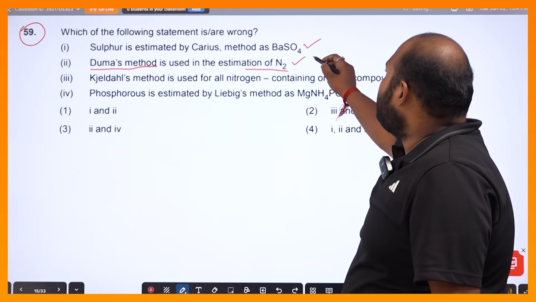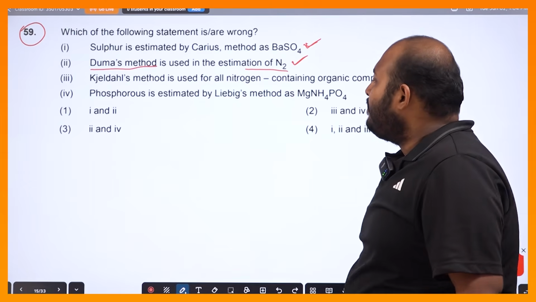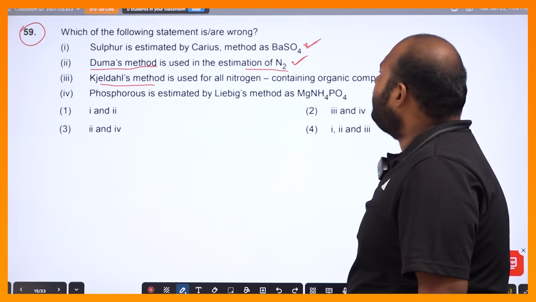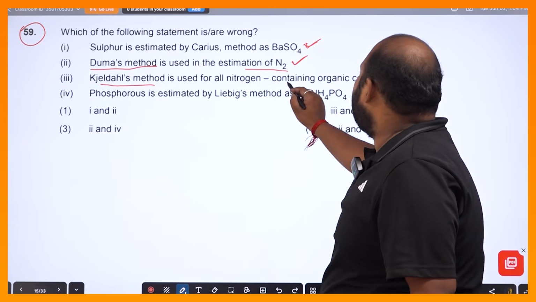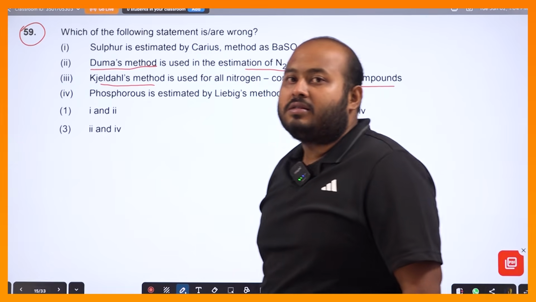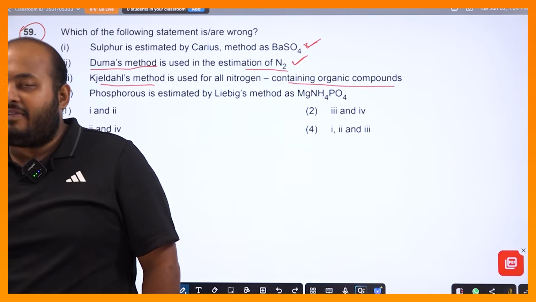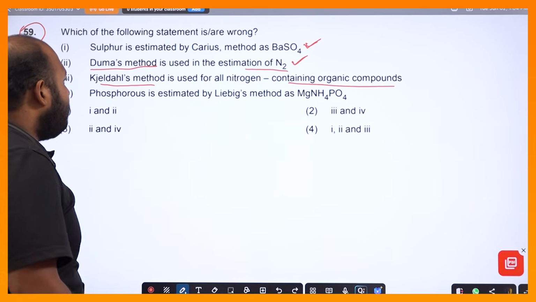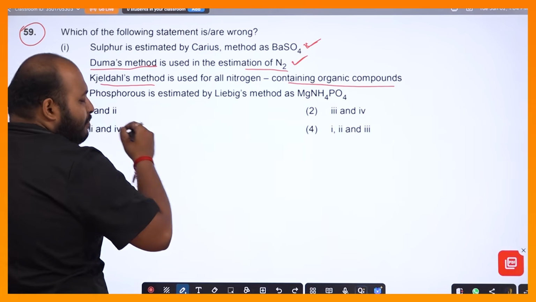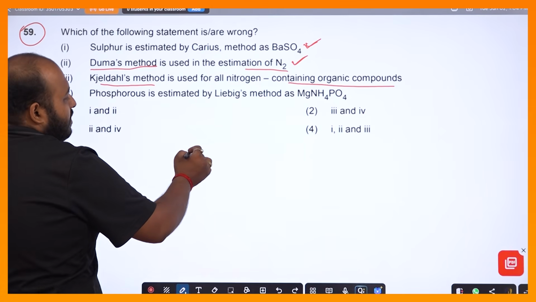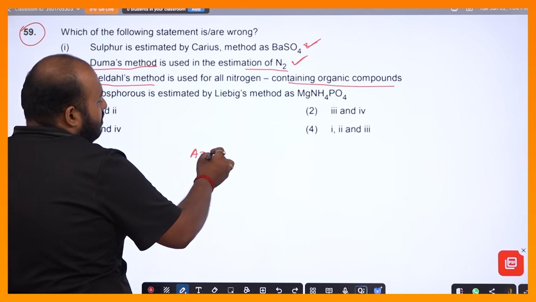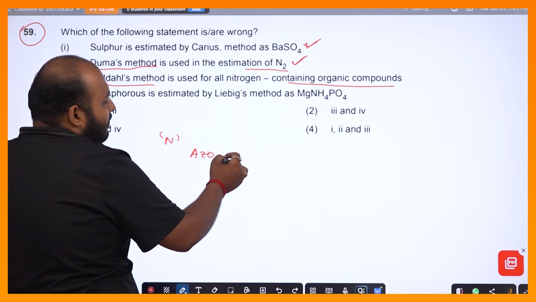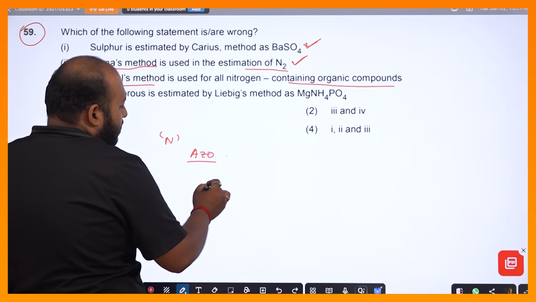And these two statements are correct, but the third statement is asking that Gelder's method is used for all nitrogen containing organic compounds. No, this is not correct, because there are a few cases where Gelder's method is not applicable. Please try to remember this part. One of the cases is the azo part. The nitrogen, if it is present in the form of azo, means suppose